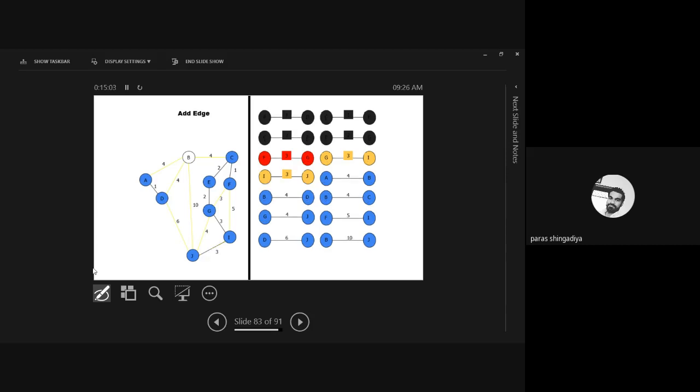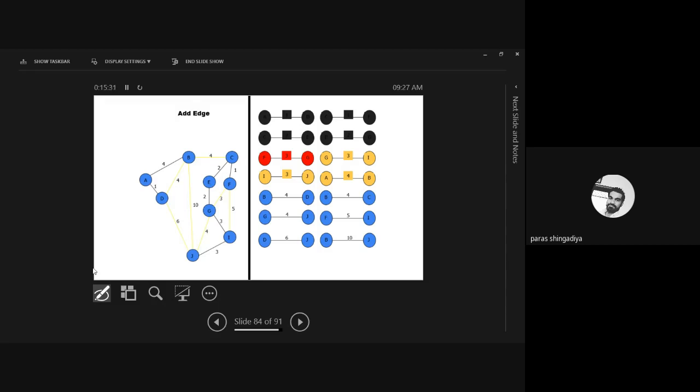Then again 3, that is between I and J, and that you can also include here, this edge between I and J, and still the graph has no cycle. Just focus on this black line, which we consider in our graph. Then the next is a 4 between A and B, so we can include this edge also. Clear? Next weight is a 4.